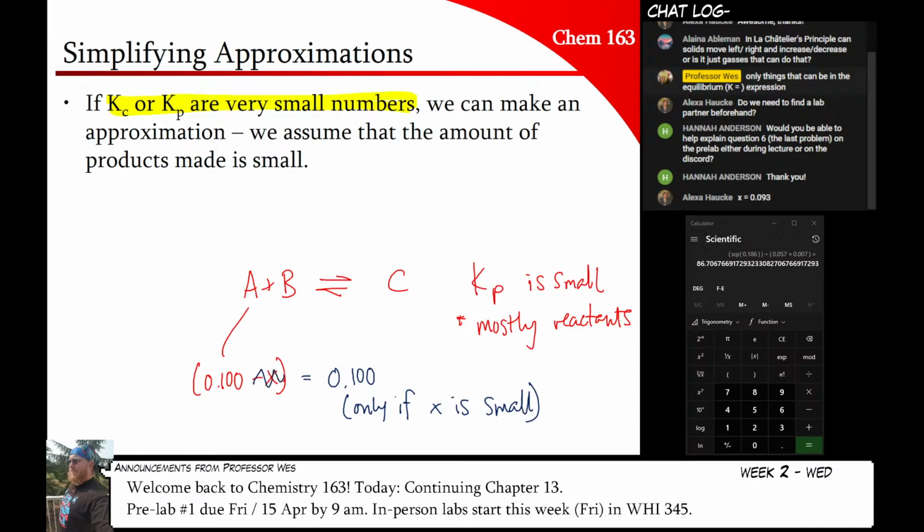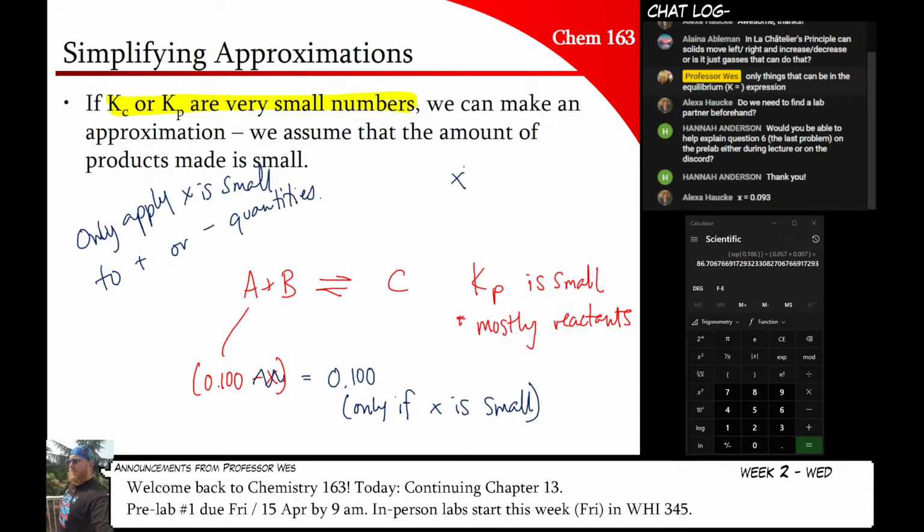And so what we can do is we could just say, okay, if it's that small, I'm just going to ignore it. I don't have to calculate it. And that's going to simplify our calculations to the point where we don't need to use Wolfram Alpha anymore. Now, you can only apply X is small in these circumstances, but you only want to apply it to addition or subtraction quantities.